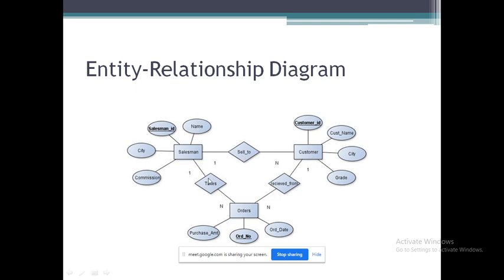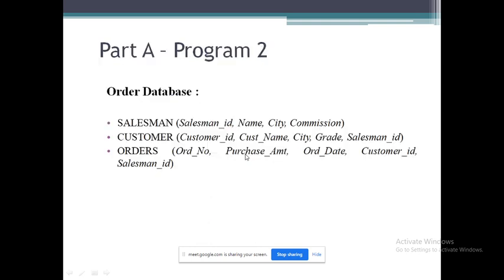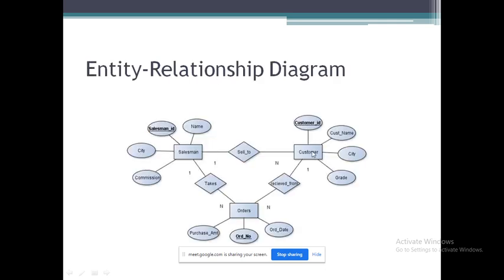Now, what are the attributes you have to add to these entity types? In salesman, we have salesman ID, name, city, and commission. In customer, customer ID, customer name, city, and grade. Here you can see salesman ID, but don't put that in the customer. It is a property of salesman.